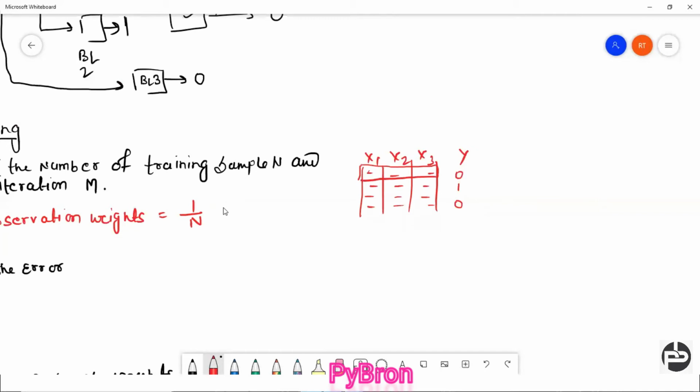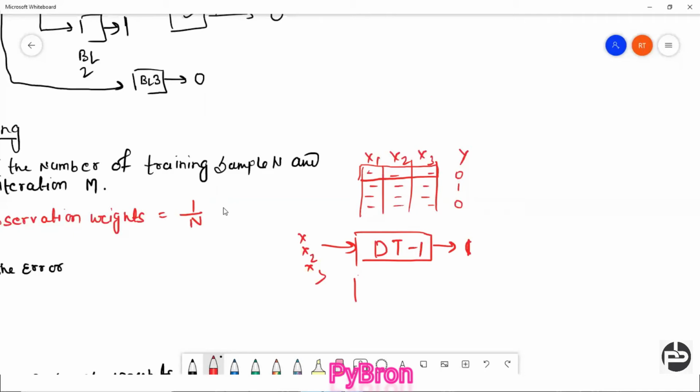Now what we are going to do, this first input we are going to pass to a base learner. The base learner might be anything. For ensemble machine learning techniques, by default the base learner will be a decision tree. So we are going to pass these 3 inputs, x1, x2, x3, to decision tree 1, and based on this input, my decision tree is going to predict 1. It got predicted wrongly.